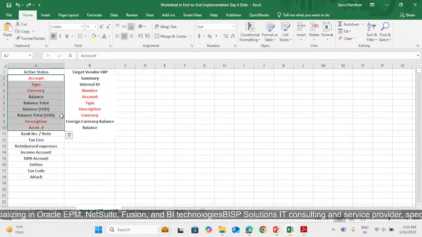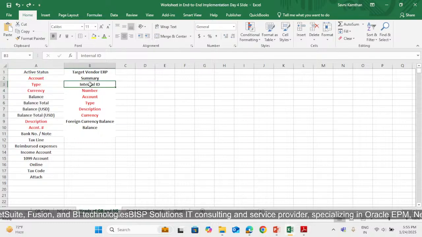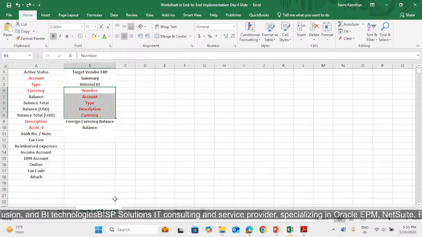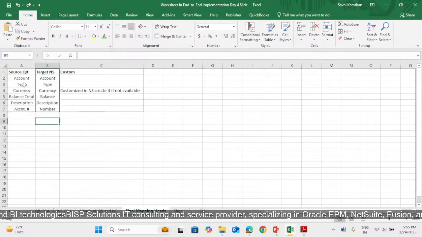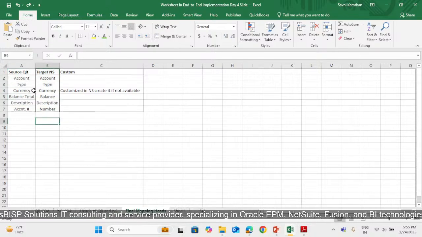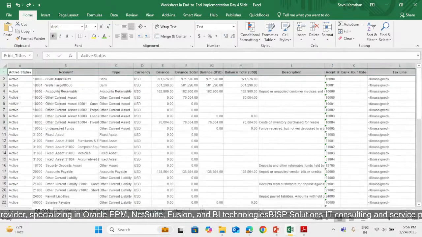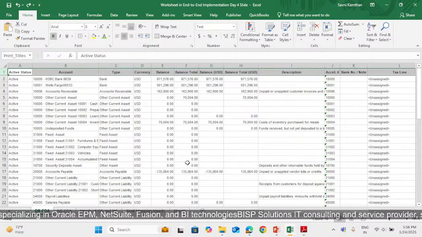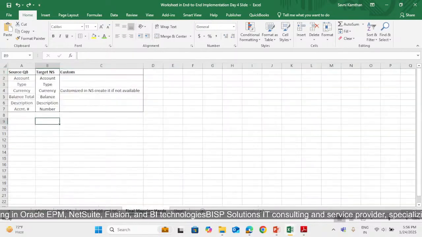Like that we have marked 5 from source data to target. So these are the heads which are mapped in our CoA. Only the heads we have mapped, and according to these heads we will be migrating these details